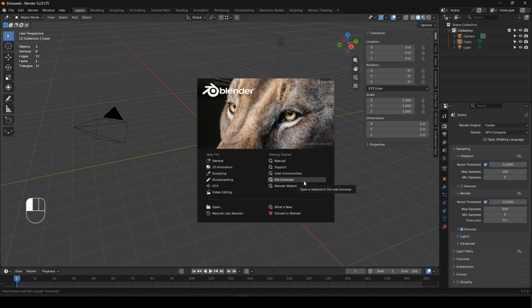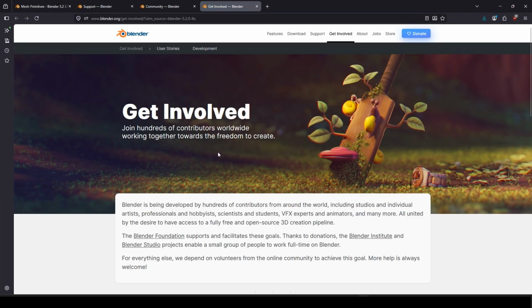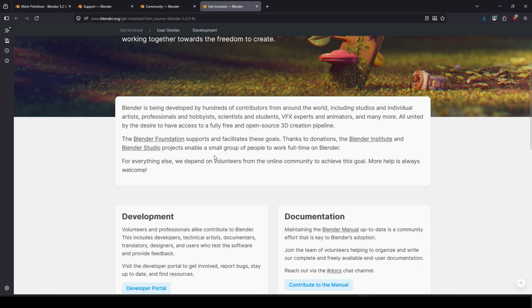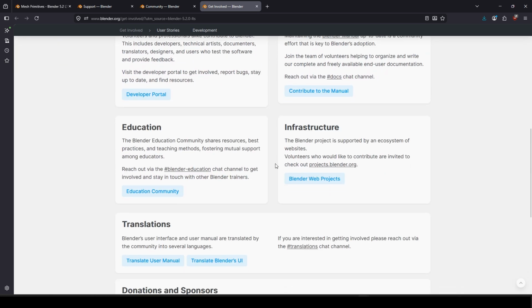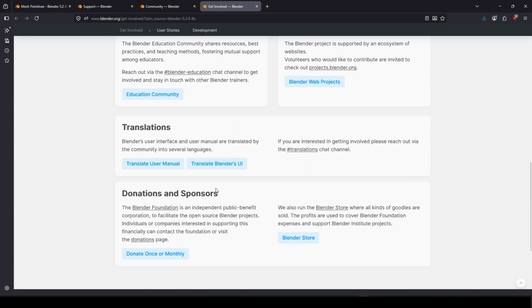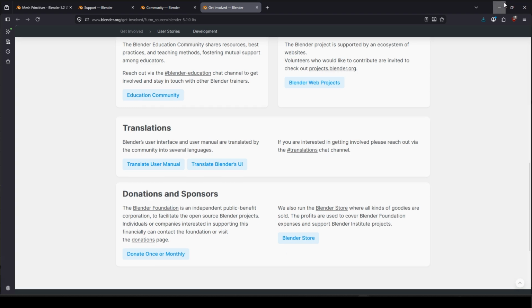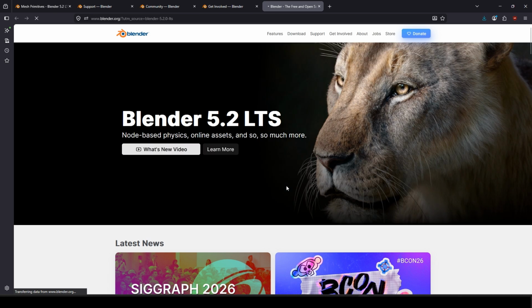The fourth link that we've got is basically getting involved, and this is where we can contribute to Blender's development, documentation, translation even, and it's where we have the ability to even donate or basically buy stuff from the Blender store. And the last link that we've got is the Blender website,